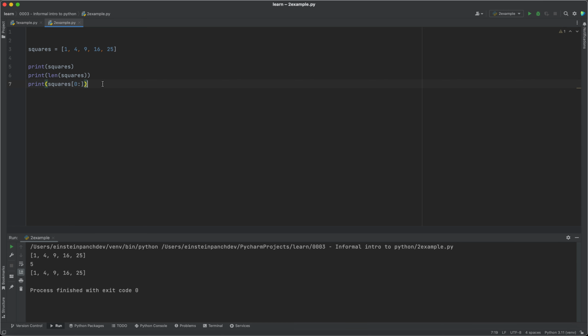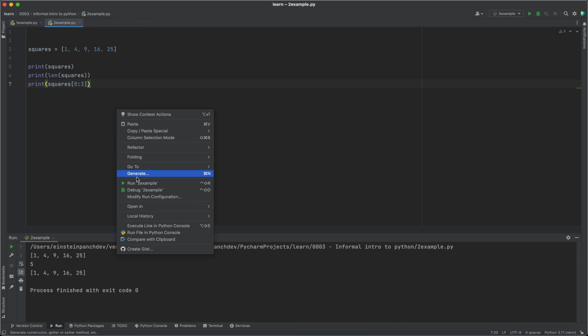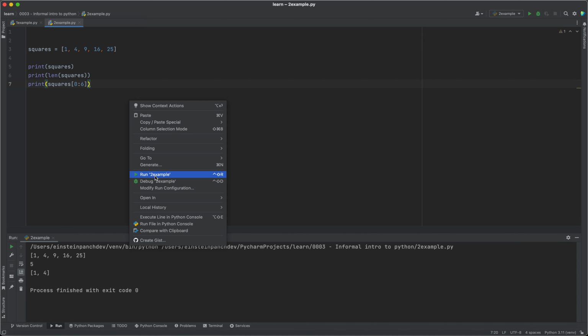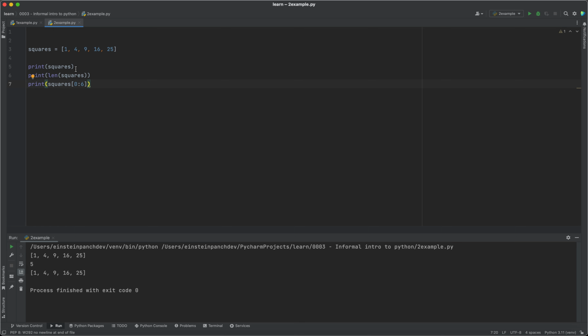We can specify the range, and if we just want 2 values, we can specify the indices. If we need all 5 elements, we can specify this,